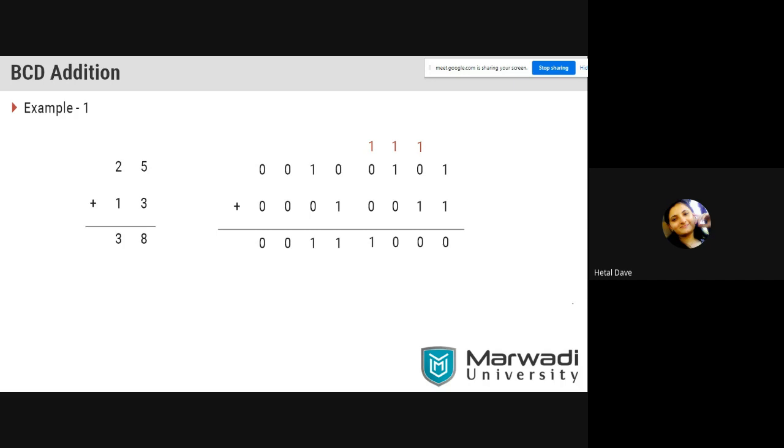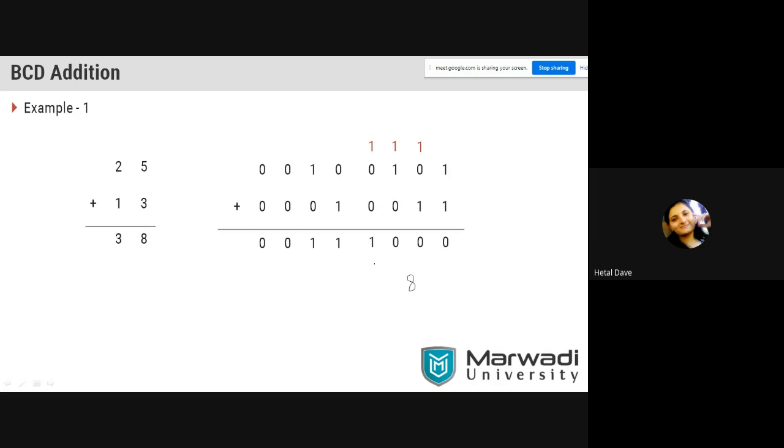Remember, BCD is a 4-bit code, so we will analyze groups of 4 bits. First of all, you will observe the last 4 bits. What is this? 1000 is less than 9, so correction is not required. Carry is not generated from this 4-bit group, and it is not forwarded here. So carry is not generated and the group of bits is less than 9. Correction is not required. The equivalent BCD code is 1000. What is this? 8. Is there any doubt how 8 is coming here?